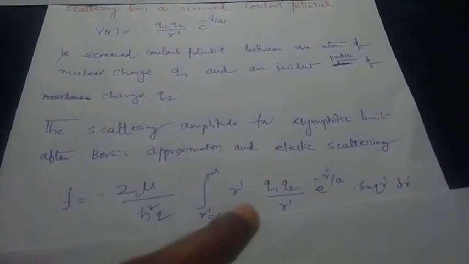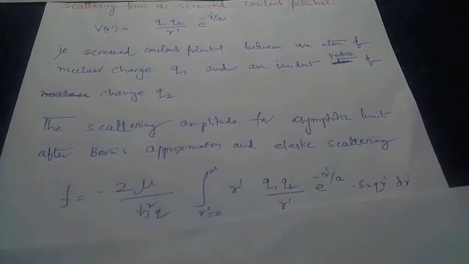We can see that r' will get cancelled here and here, and if you write these charges Q1 Q2, which are constants, outside, then we have this integral left. The integration of exp(-r'/a) sin(q r') dr' will be